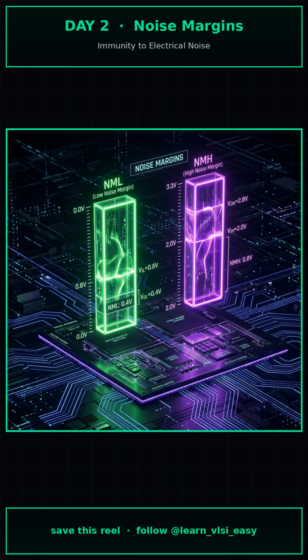We quantify this by finding the 2 points on the VTC curve where the slope is exactly -1. These unity gain points define VIL, the maximum valid low input, and VIH, the minimum valid high input. The difference between what the previous gate outputs and what the current gate accepts forms the low and high noise margins. By carefully sizing our transistors to center the VTC, we can make these margins symmetrical, thereby maximizing the overall noise immunity of the system. This robustness is a key reason why CMOS dominated older logic families.